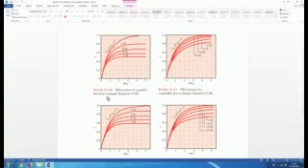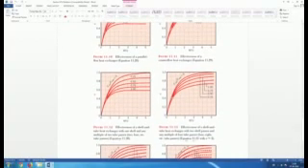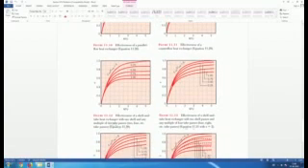So this is a parallel flow heat exchanger, this is a counter flow heat exchanger, this is a shell and tube heat exchanger with one shell and any multiple of 2 tube passes. So we have the first case, which is 1 shell 2 tube passes, and the value of NTU we just calculated is about 0.968, which is about 1, and we need to find out what is the value of epsilon